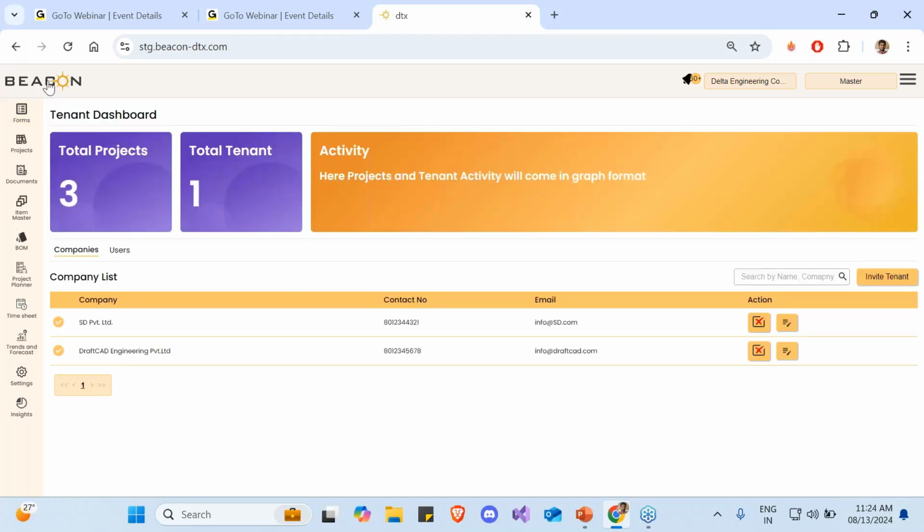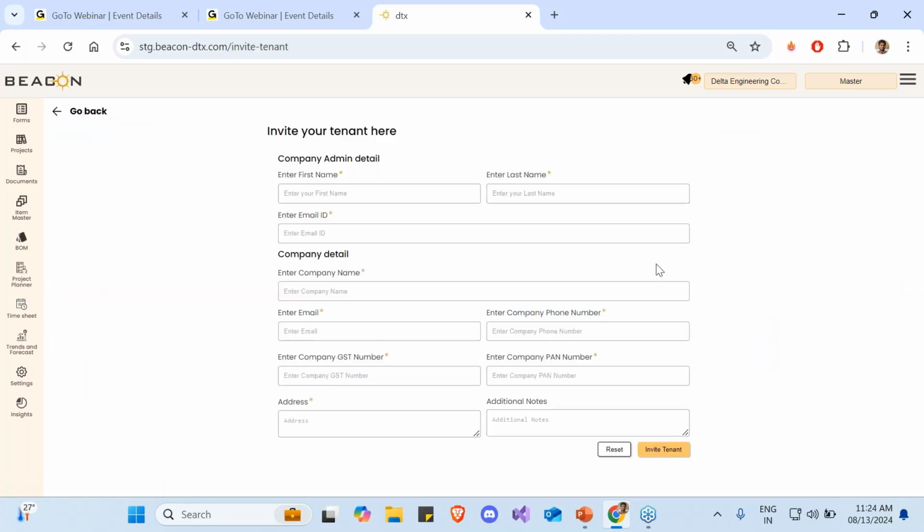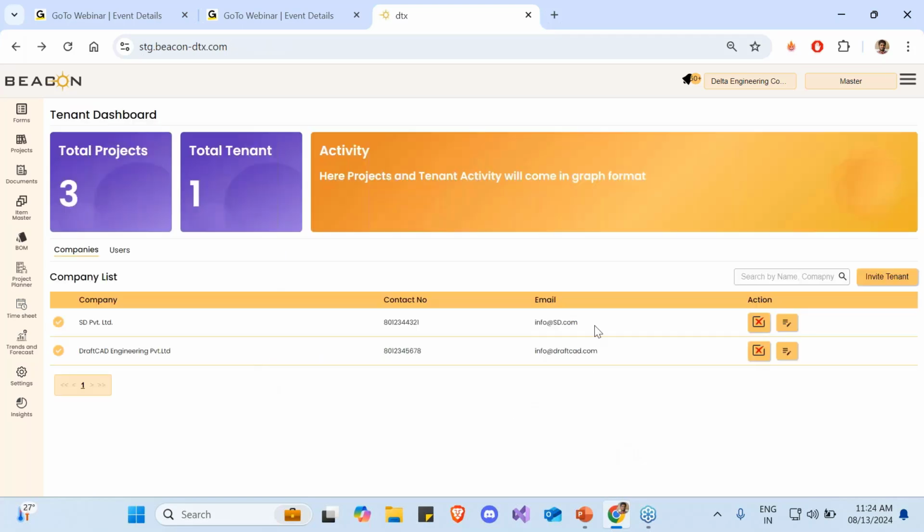The first thing I do is come here to the home dashboard, where we have the information about the users and the vendors that you're working with. The company's list is basically my vendors list. This is where I manage them. Whenever I want to invite a particular vendor to work with me, I use the invite tenant button, and then fill in the details, like their email ID, their name, the name of the company, the GST, and other details. Once we give that, the invitation goes to them.